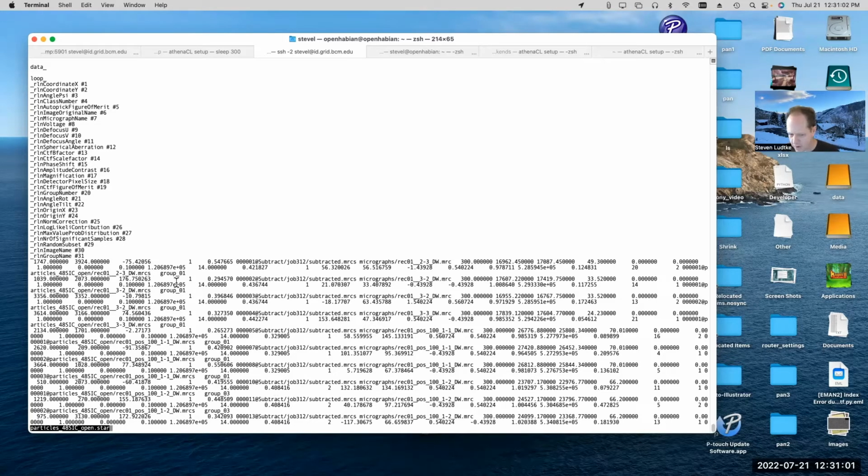So most programs that do stuff with star files will actually read the entire star file into memory, and then you can immediately jump to any entry, so they reformat the information in the memory of the computer. But of course, if you have 2 million particles and 30 parameters for each particle, now you're talking about like 100 megabytes occupied with just this star file representation.